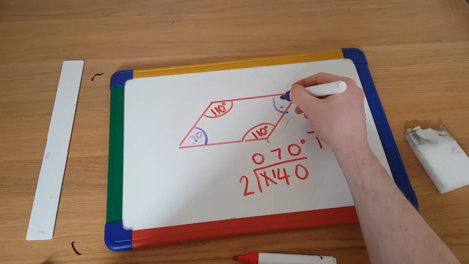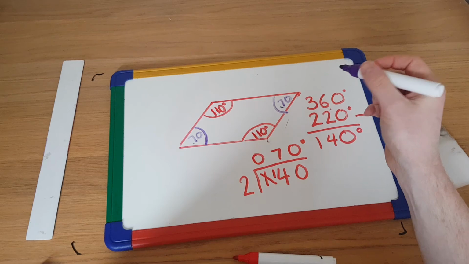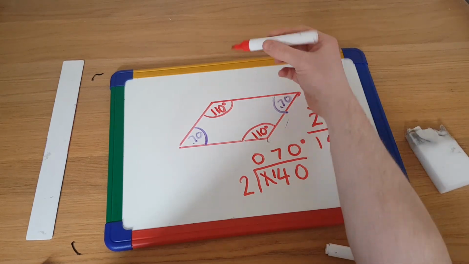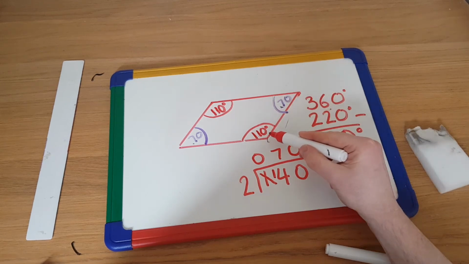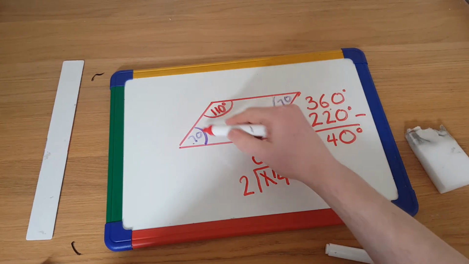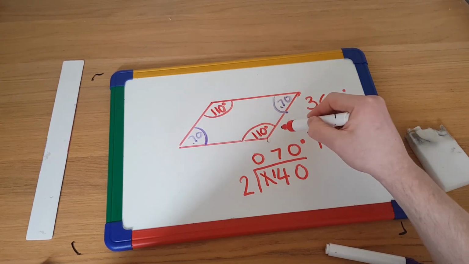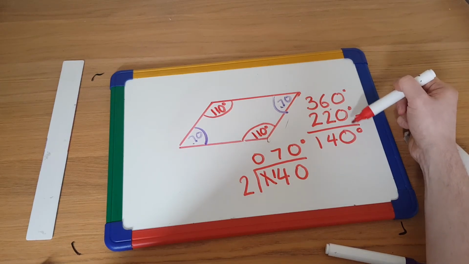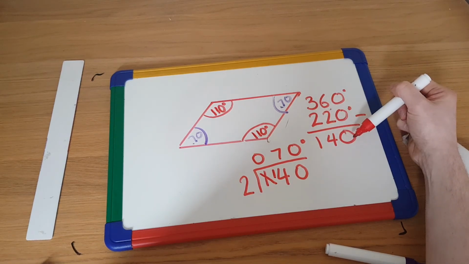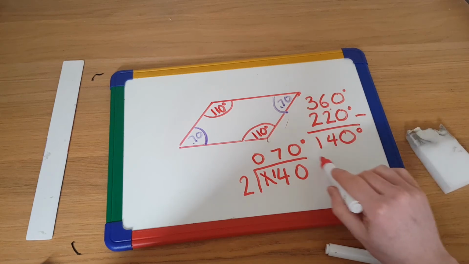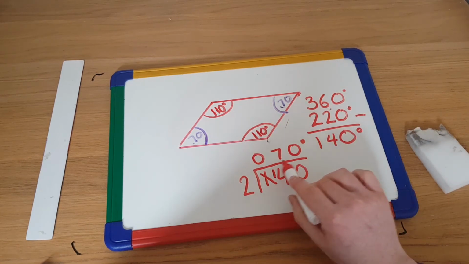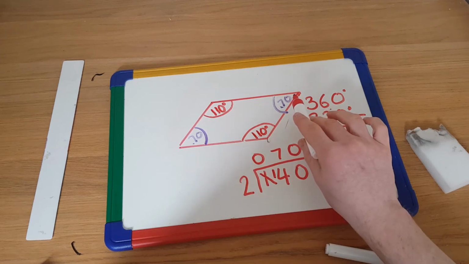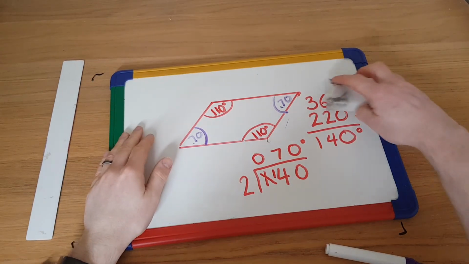So I know that each one of those angles will be 70 degrees. Okay, so just to recap, I knew this angle was 110. I knew then that the opposite angle was 110. I added them together to get a big part, and I took that away from my whole, which then was 140 degrees, and then divided that equally between the two angles, and I got 70 degrees for each angle. So if that's the case,